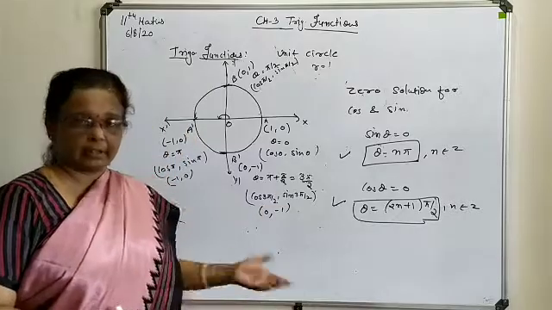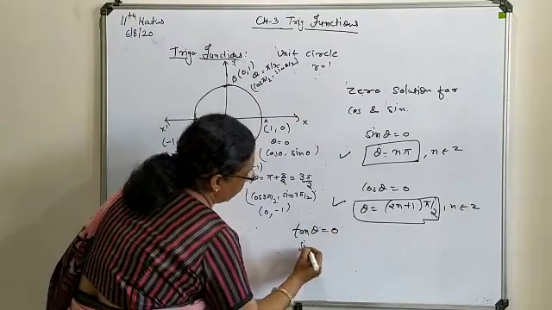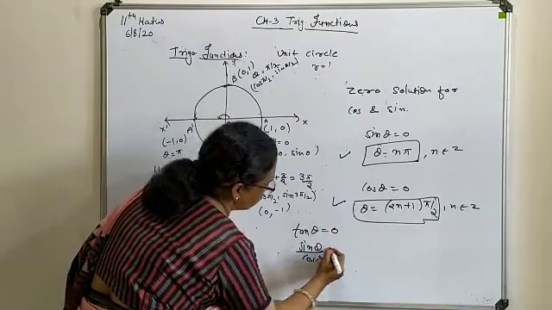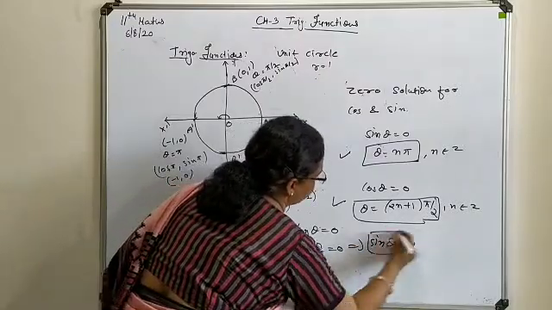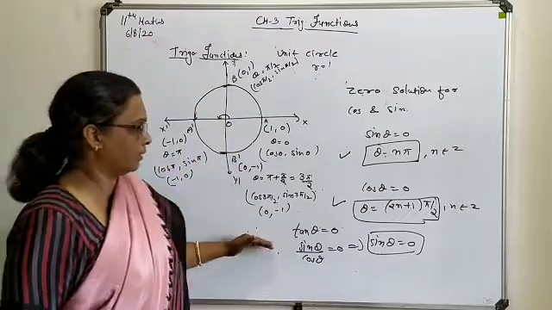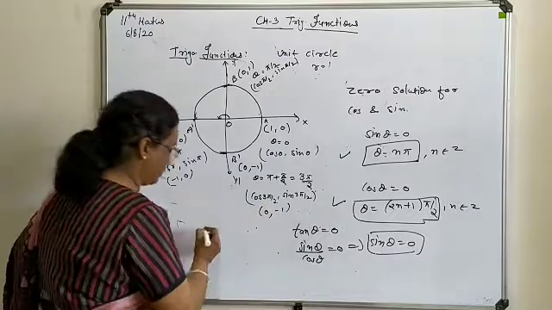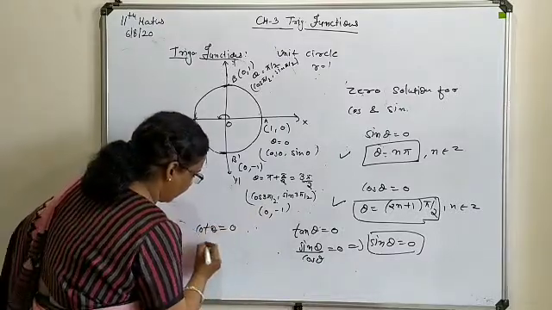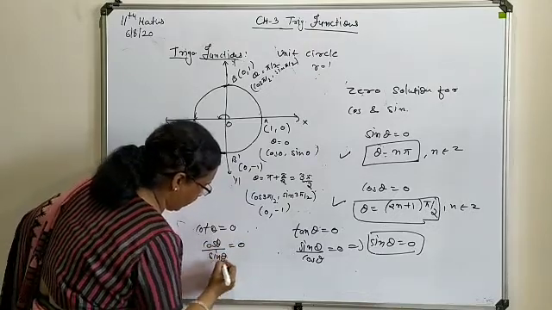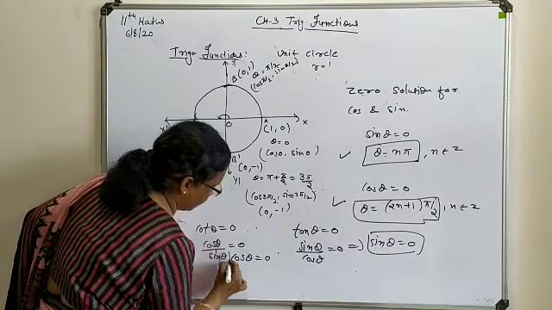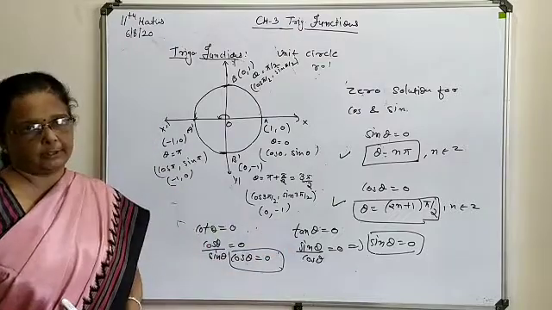If you are talking about tangent, if tangent is given with a zero solution, convert it in the form of sine and cos. This is sine theta over cos theta, so this will go for cross multiplication, and sine theta will come as 0. So for tangent, it will be the same as sine. Similarly, you can link your cot with your cos. Suppose we have cot theta, convert it in the form of cos over sin, so this will be cross multiplied, and cos theta will be 0. So regarding cos, the zero solution you have written is to be considered over here.